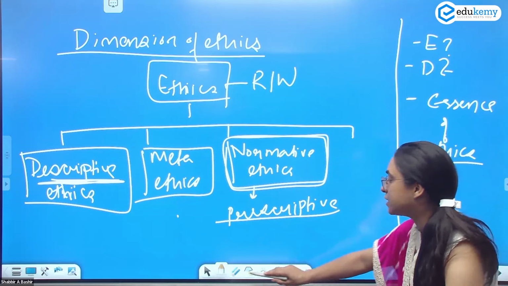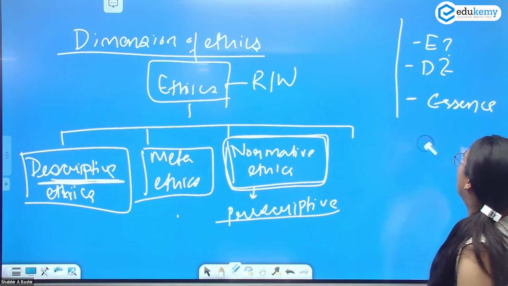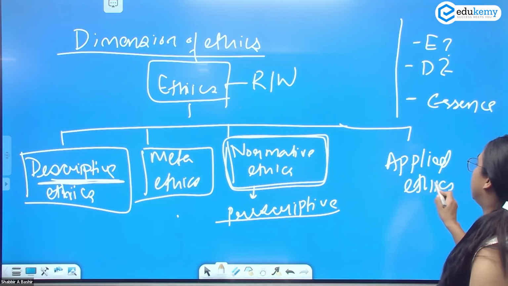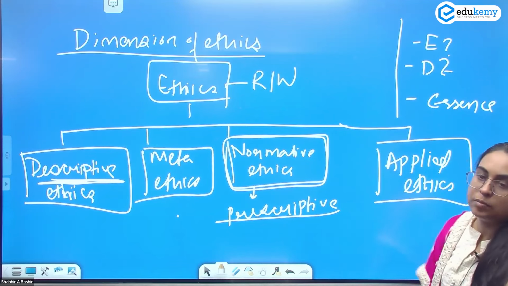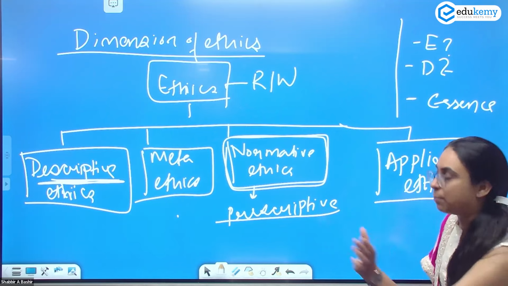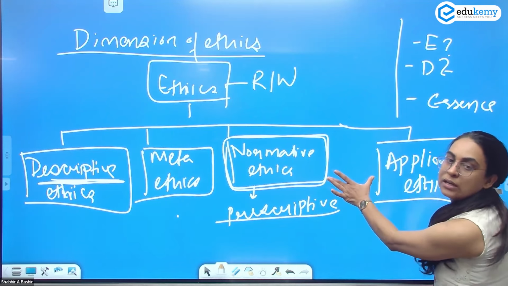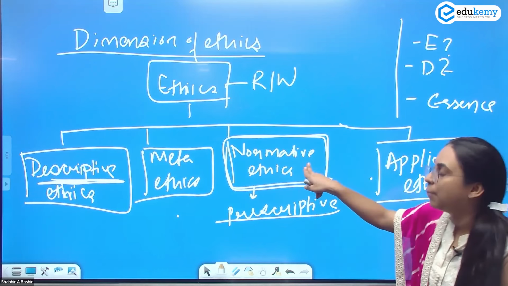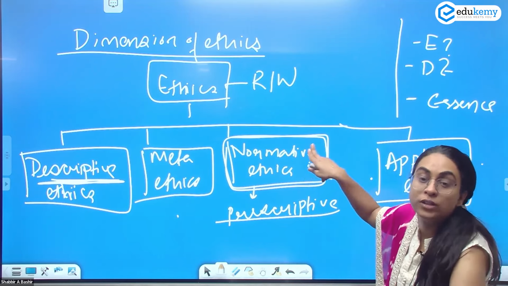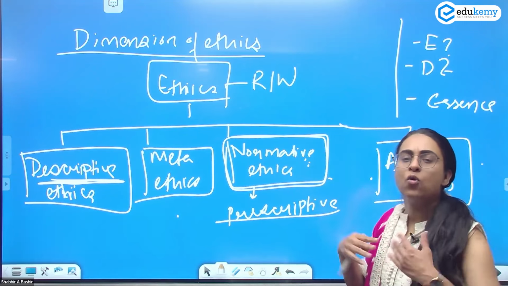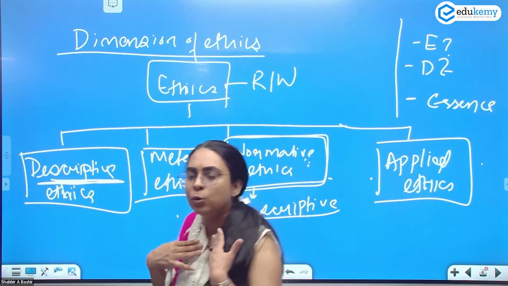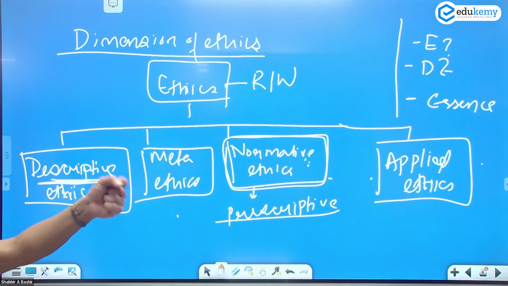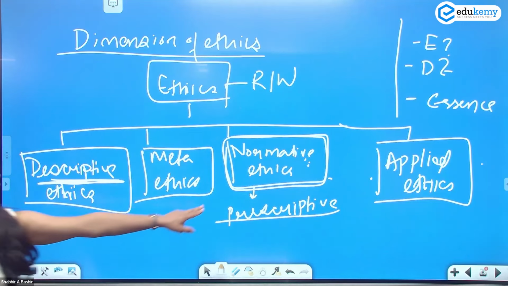And once you understand what is right or wrong, you tend to apply those in your normal life. This is called as applied ethics. For our ethics paper, we are majorly concerned on these two. But I am opening up the dimension of ethics for you. हमें सही और गलत, we have to decide what is right or wrong, and whom do I take a base, whom do I ask, whom should I go for an anchor. मैं अपना anchor कहाँ ढूंढूं. I can go for this.